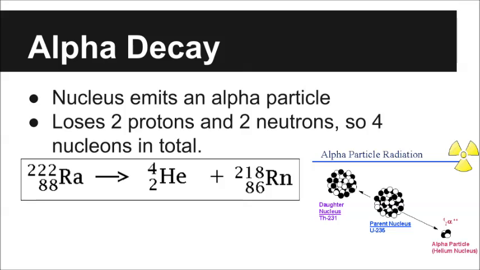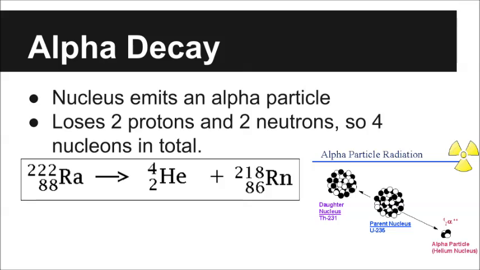radium at the beginning, which has 88 protons and 222 total nucleons, and then emits an alpha particle, which can be written as helium, plus radon, which has 86 protons and 218 nucleons. So when you're solving these problems, the two things you have to keep in mind is the number